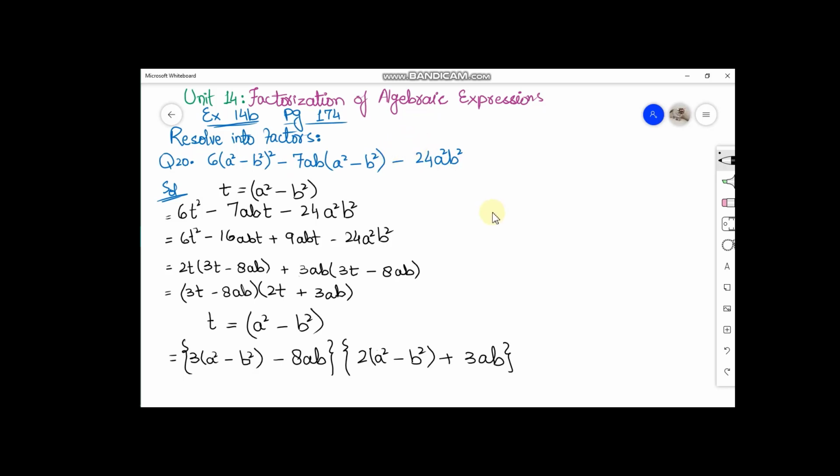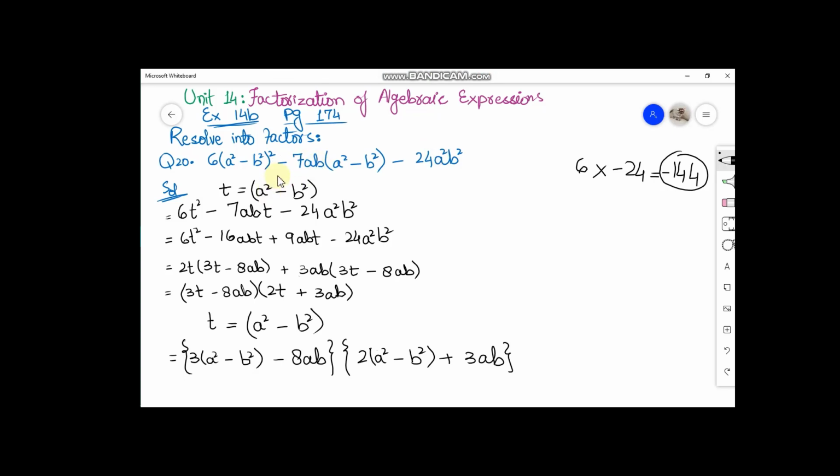So what will be the new factor in this question? In this question we have 6 multiply by minus 24, so we will get minus 144. It means now we have to find the factors of minus 144 to break the middle term, that is minus 7. Okay, so now what you have to do, you will just simplify the question.